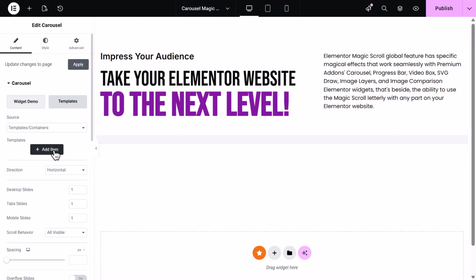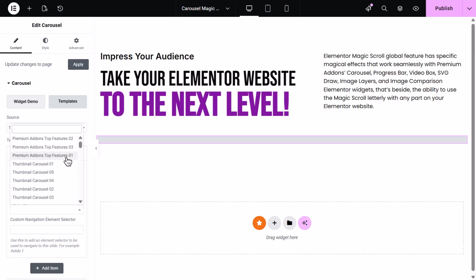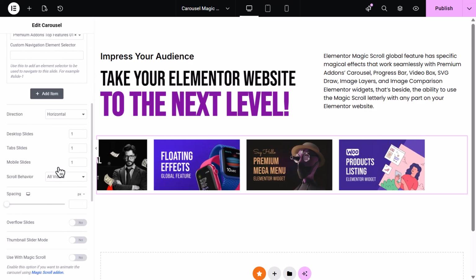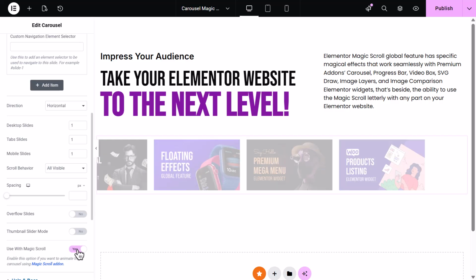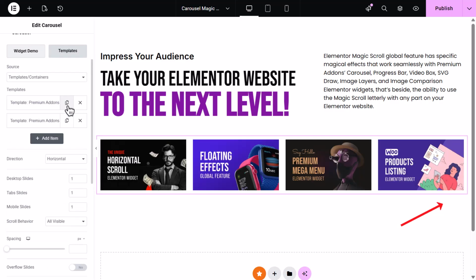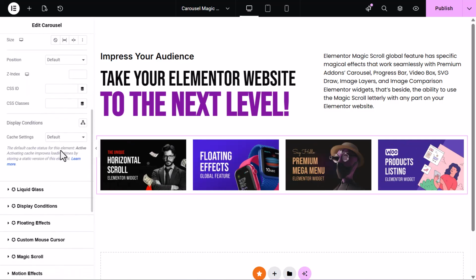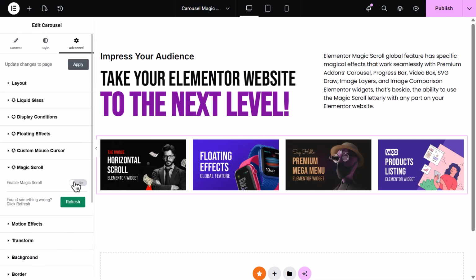Now I'll click Add Item to create the first slide, select Templates as the source, and pick my image template from the existing templates dropdown. Don't forget to enable the Magic Scroll option and duplicate the Elementor template to get an infinite scroll effect. Then go to the Advanced tab, scroll down to Premium Magic Scroll Addon, turn it on, add a new item,